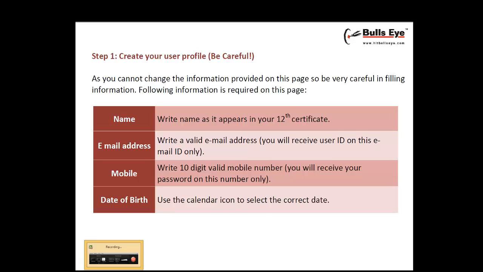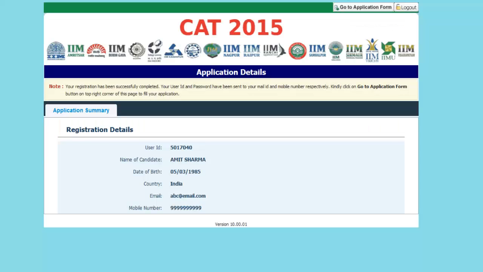If in case you still don't receive the information, then we advise you to get in touch with the helpline number which is given on the homepage itself. Now, one way of going to the application form is that you simply click on this option here at the top, go to application form,